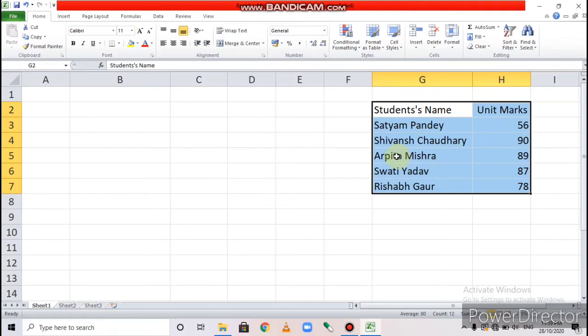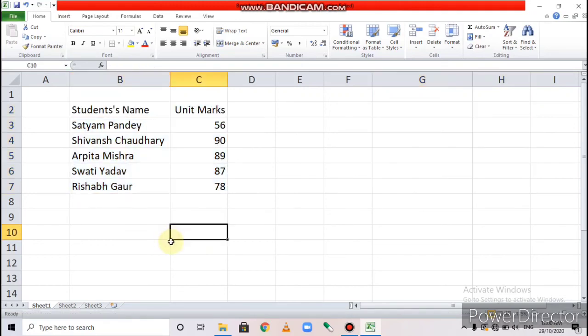And when we place the mouse on the border, the mouse pointer will be different. When the mouse pointer shape is four arrows, double direction arrows, then click the left mouse button and drag the data to the destination range.